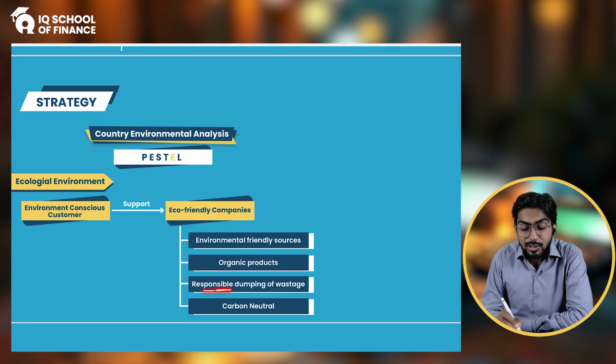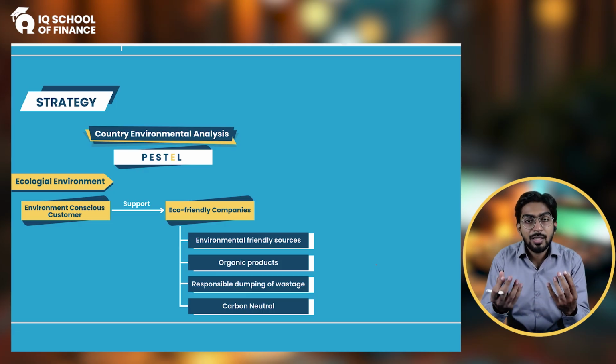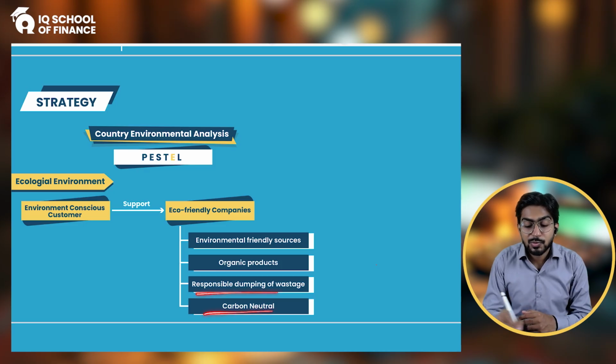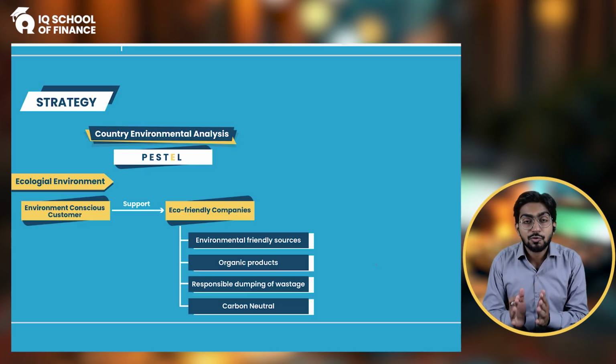All right. Responsible dumping of the wastage, carbon neutral. You become carbon neutral if the amount of carbon you emit by your production is offset because you are also planting trees. The trees give you oxygen and take the carbon dioxide back. If the emission and the absorption are equal, you are carbon neutral. So if you are carbon neutral, responsible in waste dumping, sourcing organic products, and using environmentally friendly sources for inputs, raw material, and energy,